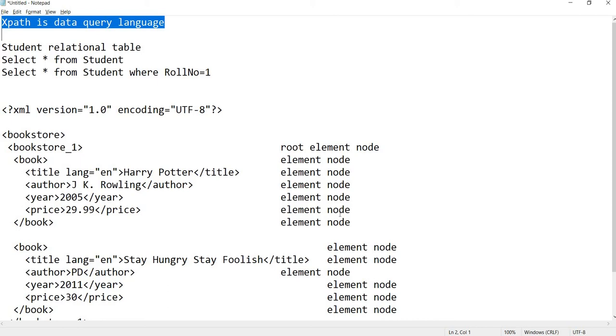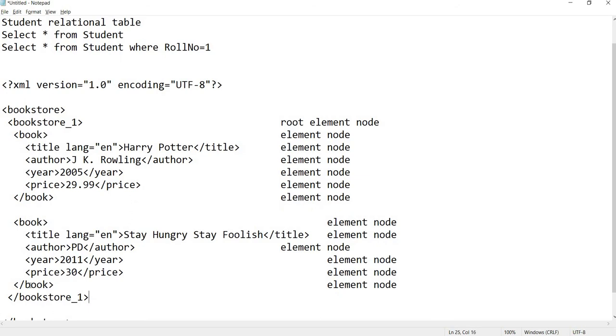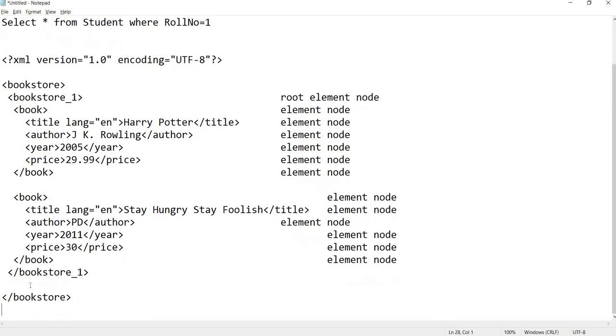XPath's real usage is extracting data from XML, HTML kind of structured documents. So why are these documents structured? Because XML, if you see, I have one sample XML here. An XML document follows one structure. There is an open element, and for that there is a close element available, right? Then the information is represented inside this open and close root element. This is called a root element, right?